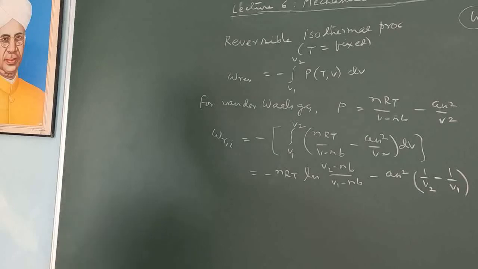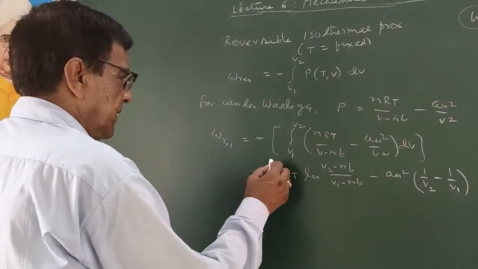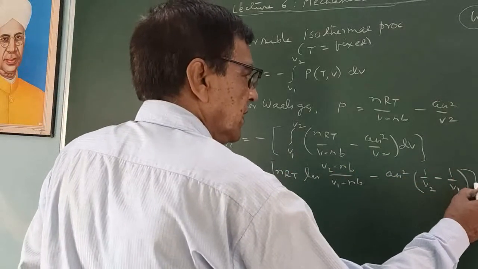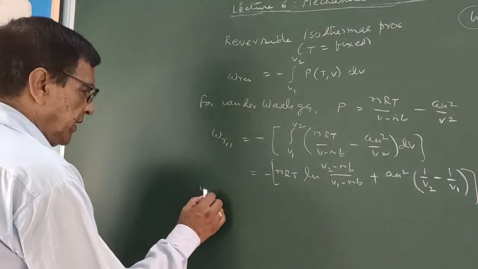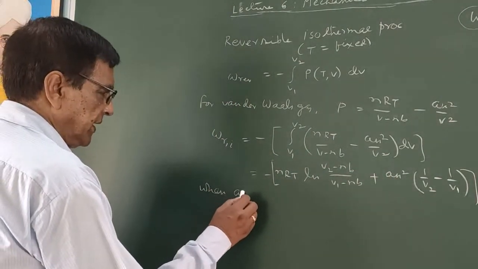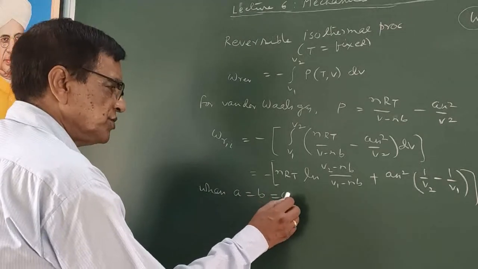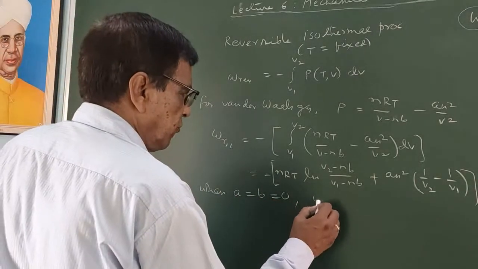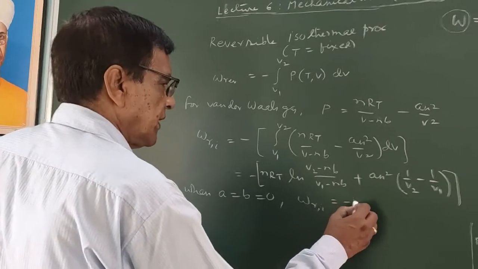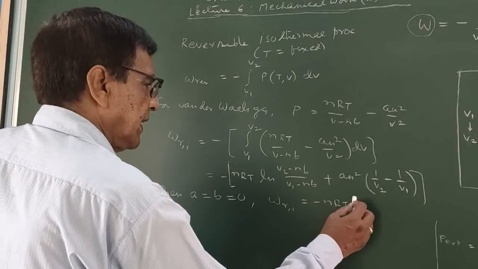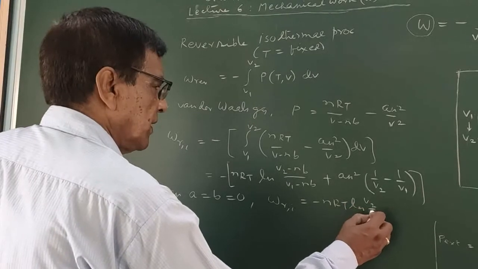Or if we take a common minus, it will be plus. When a equals b equals 0, this W reversible becomes equal to minus nRT ln V2 by V1,